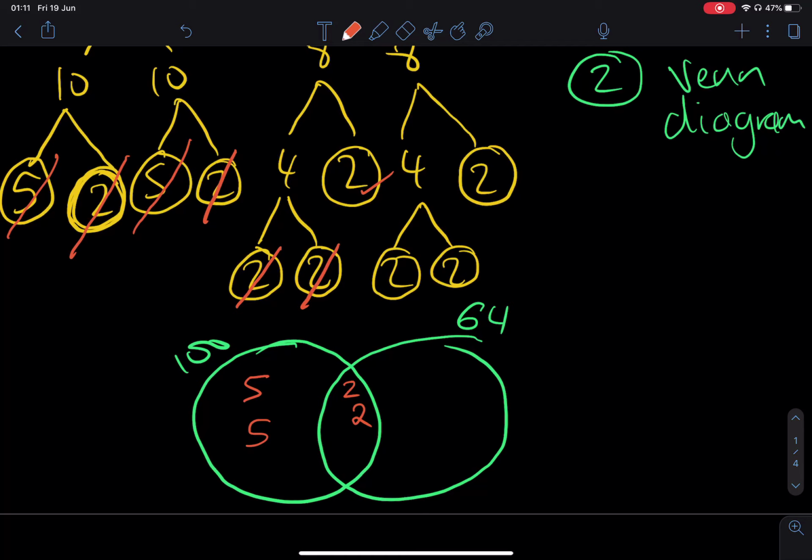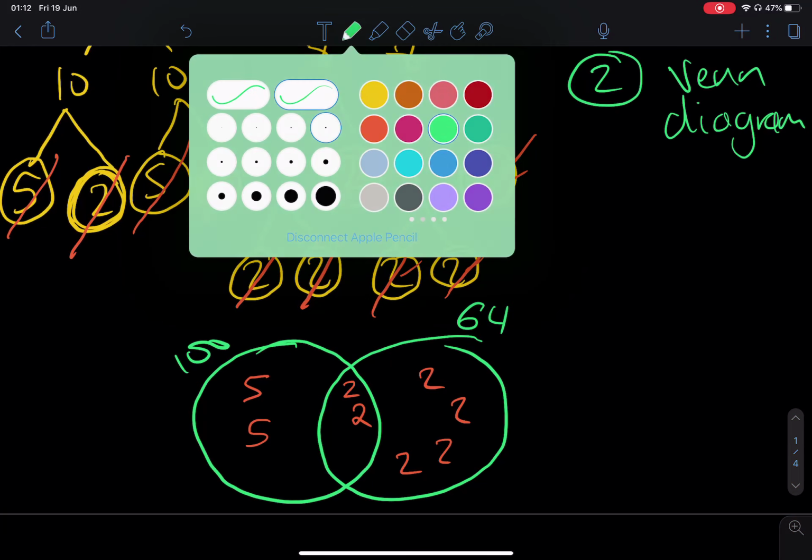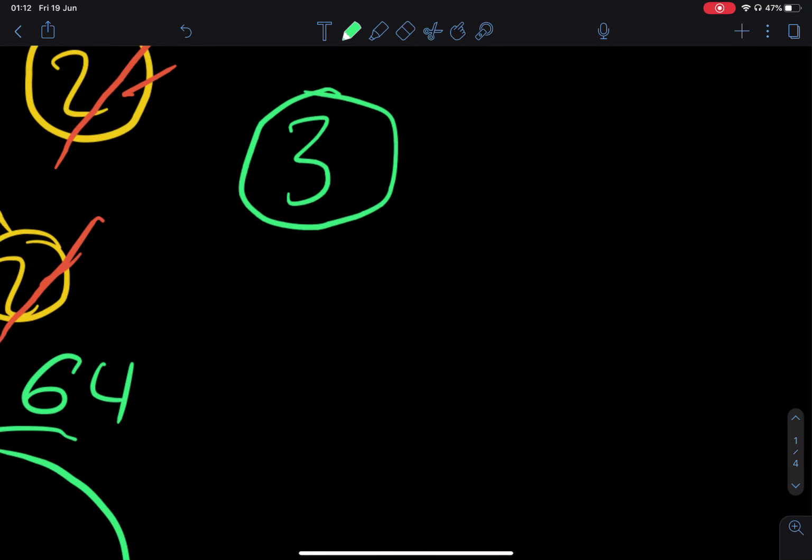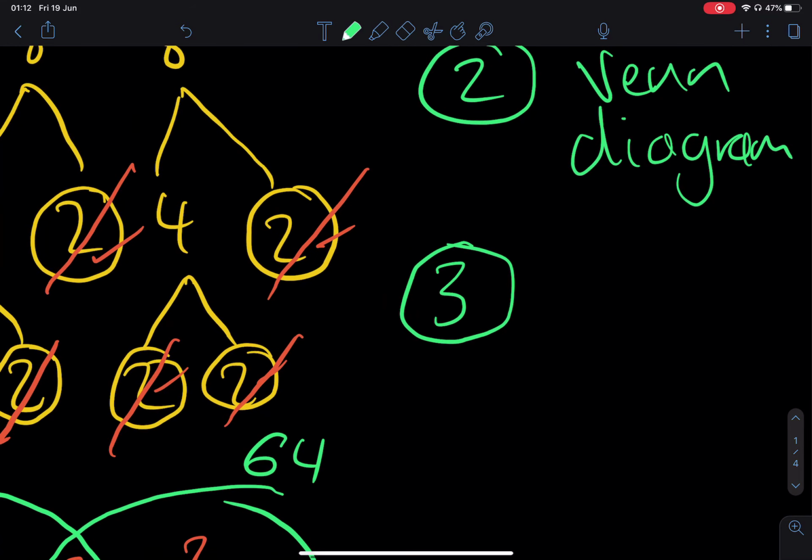So there's 1, 2, 3, 4 2s, cross them out, and I write down 4 2s underneath the 64. Now, what is the third and final step? Okay, how do we work out the HCF and the LCM from a Venn diagram? For the HCF, you multiply just the middle or the overlap. For the LCM, you multiply